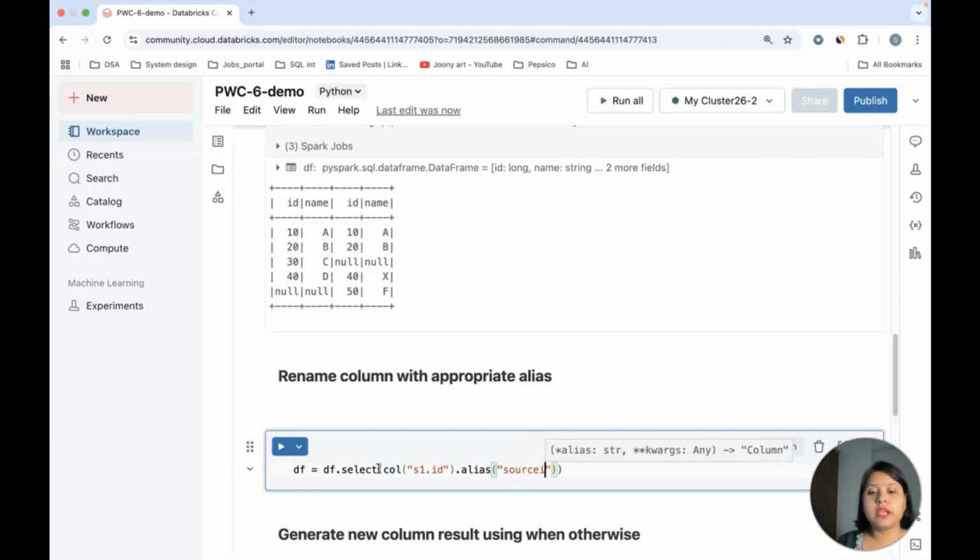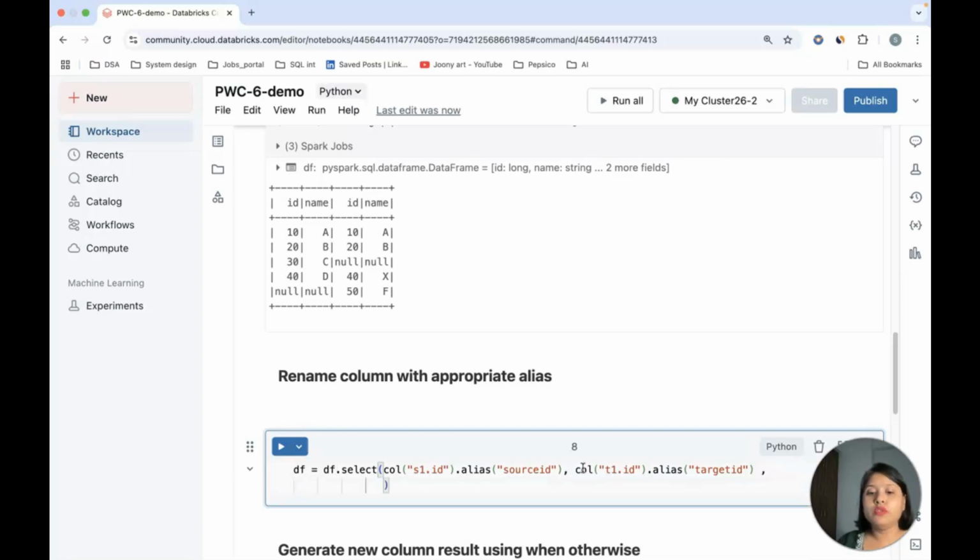Let's make it source ID. Okay. Now this is my source ID. Then I also need my target ID, right? So I'll write column t1.id. This I will alias as my target ID. Now my select is done of my IDs.